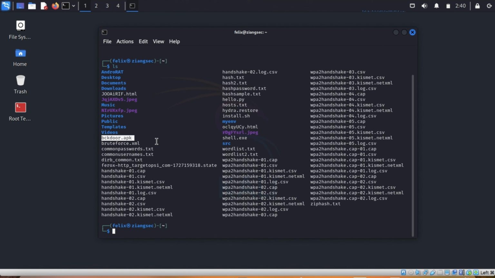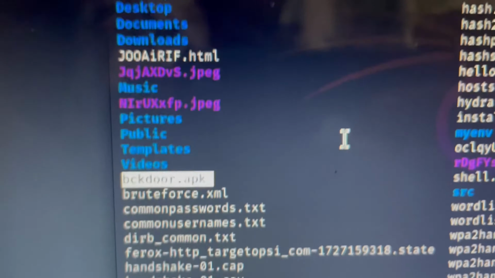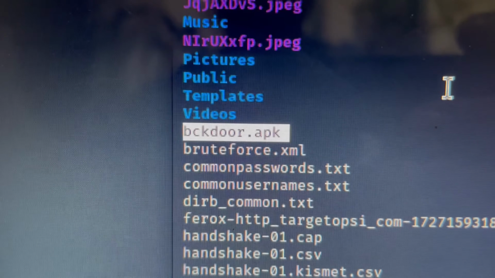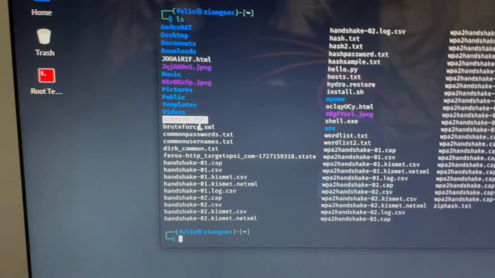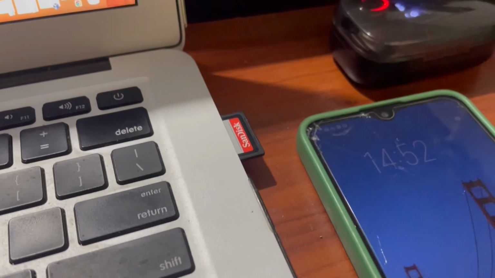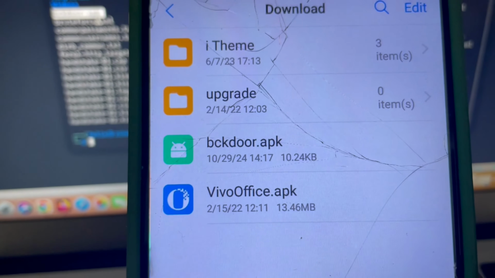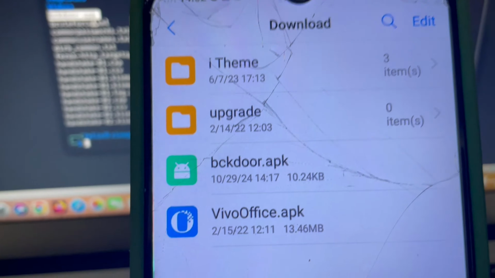So I will transfer it to my other cell phone so that I can demonstrate it to you, using this computer and the cell phone, and how we can enable the camera to take pictures. Okay, so we will go back to our discussion. This is the APK that we created using our MSF Venom. Now, in our cell phone, we are able to install it or download it to our phone.